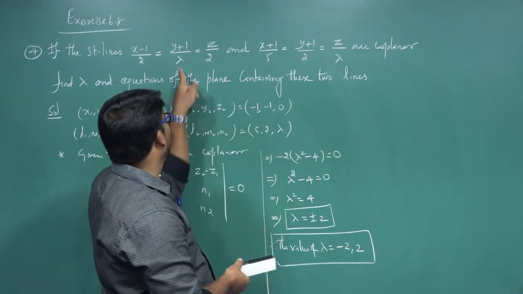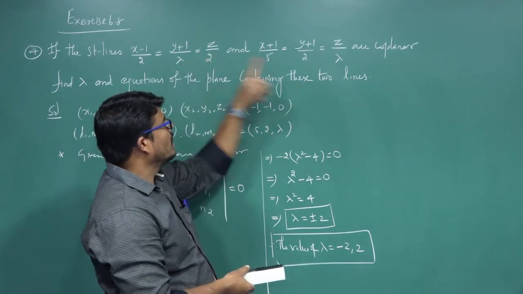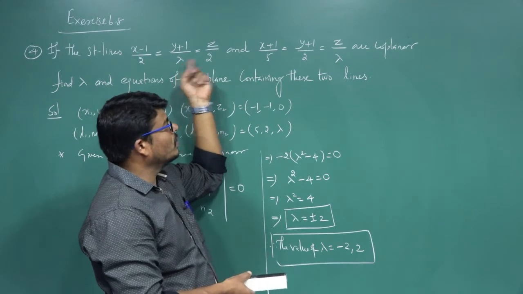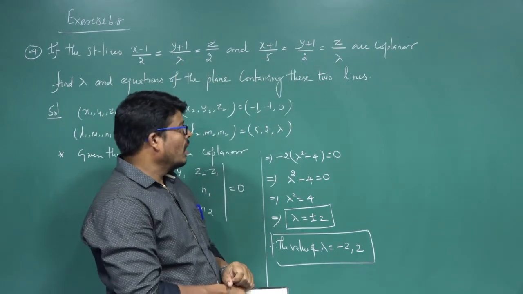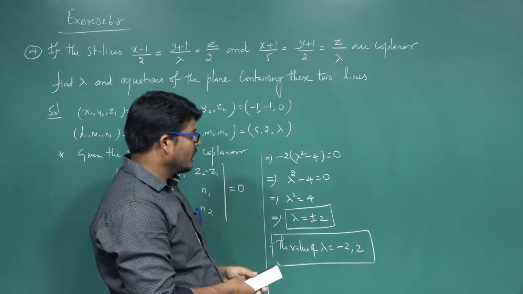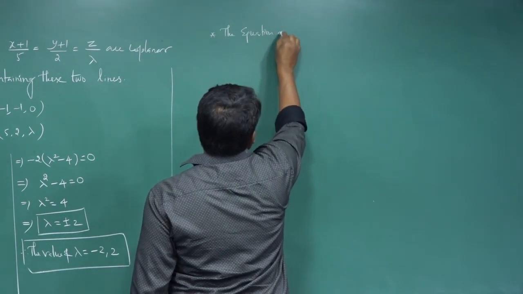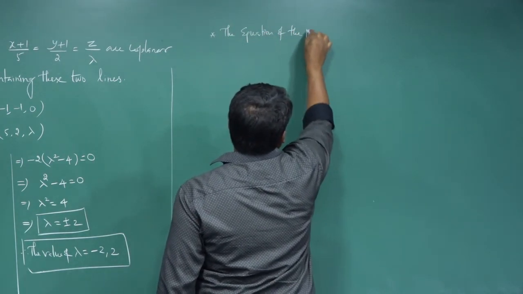Now substitute the value here, lambda value 2. Next one, here lambda value is minus 2. Now find the equation of the plane. Therefore the equation of the plane is,